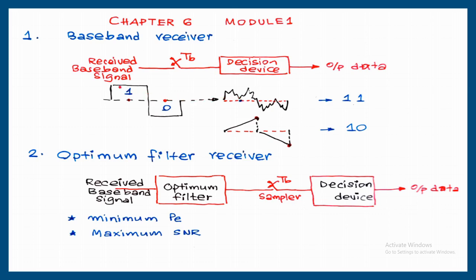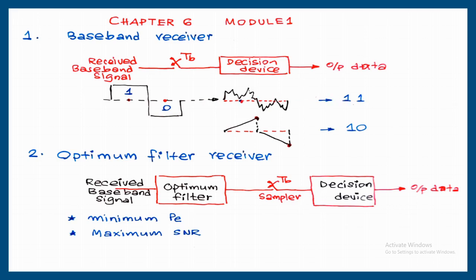The reason is we transmitted positive voltage and negative voltage. Between positive voltage and negative voltage, decision boundary is equal to 0. So any voltage received greater than 0 is close to 1. Any voltage received less than 0 is close to, maybe this is minus 1 voltage, close to minus 1. So minus 1 is representing 0. That is why the decision boundary is this: plus 1 and minus 1, take the mean, that is 0 voltage. So any voltage greater than 0 is going to be taken as 1. Any voltage less than 0 is going to be taken as 0.